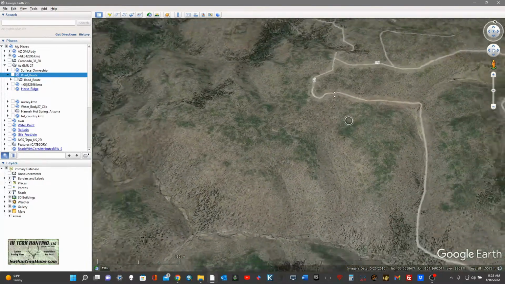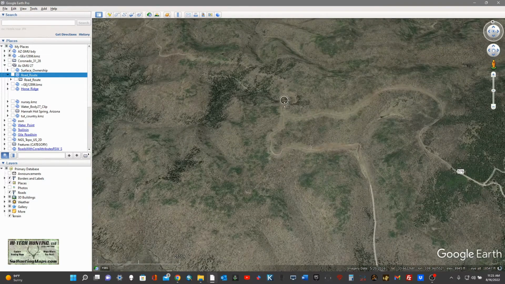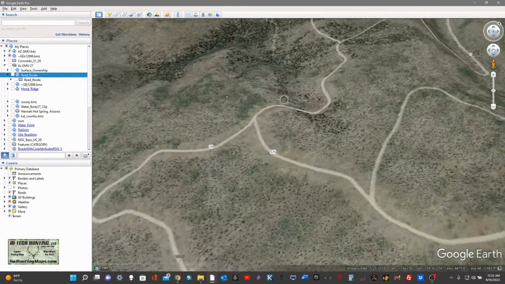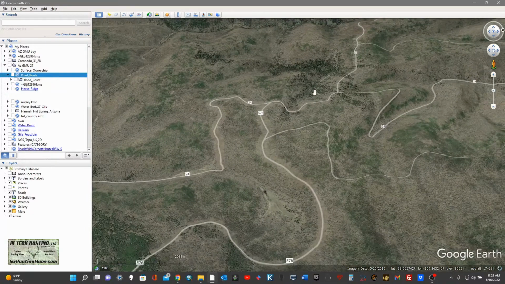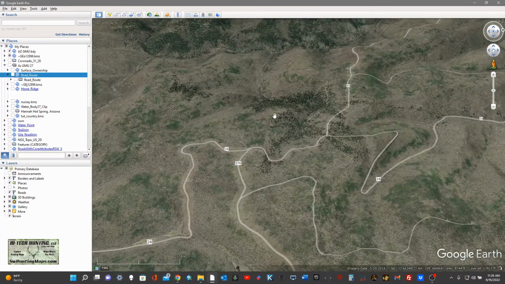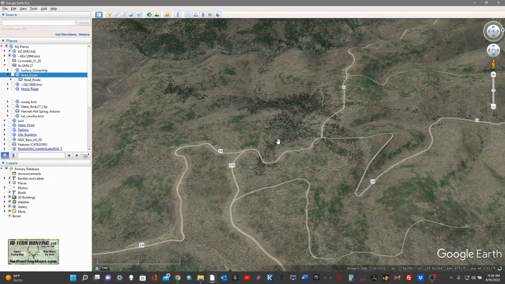The little 24 road. I killed an elk right about here several years back. Let me see. 24. It was right in this area, for what it's worth. I have a tendency to BS a lot, so